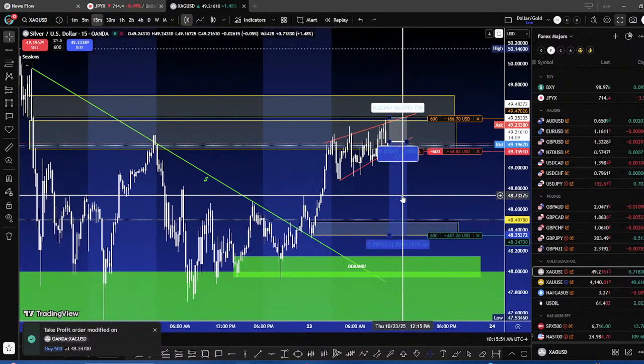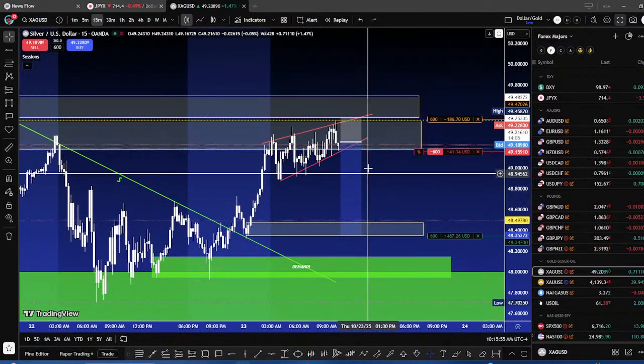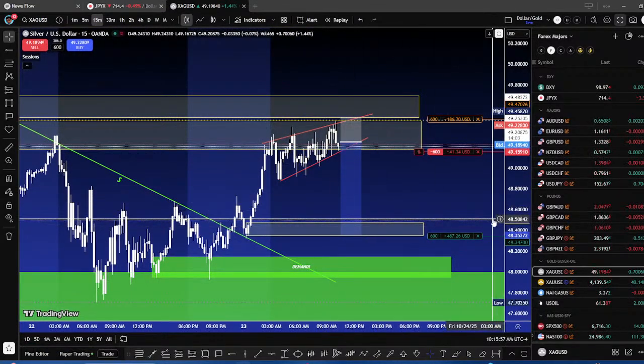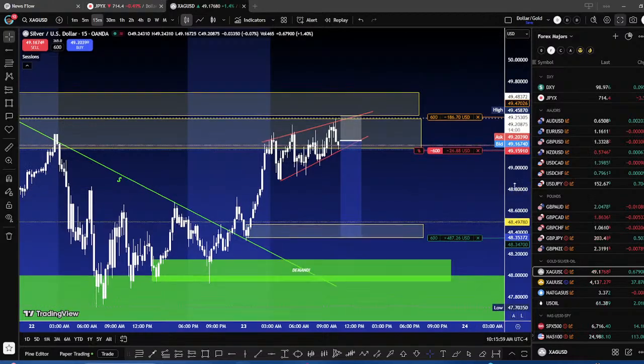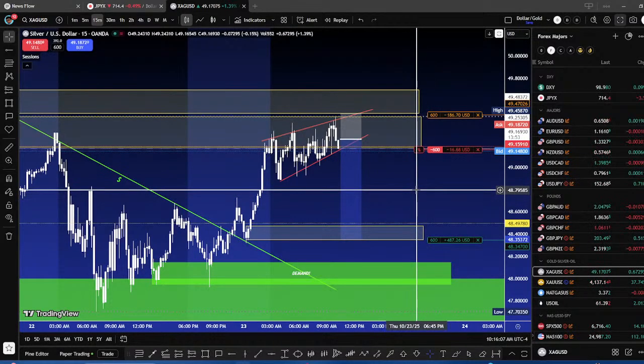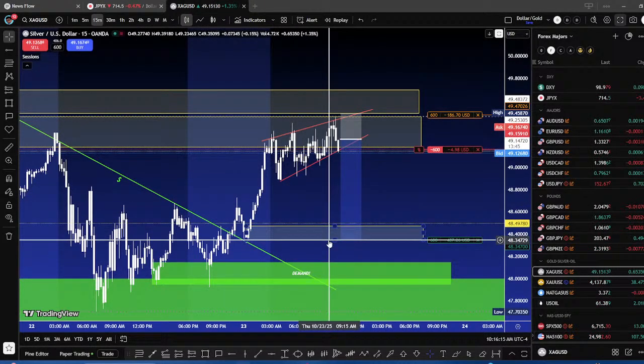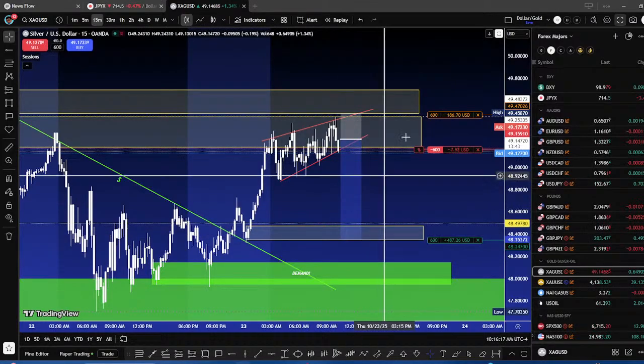Okay, going against the trend is never really what you want to do, but if you know what you're doing, sometimes you can do that, right? And again, I'm just letting you know, I don't advocate always trying to catch the pullback, always trying to catch the retracement. It's just certain situations where it looks good and you can read it very nicely and you can probably take advantage of it. But ultimately, this is where you want to be getting in from on silver for a buy,